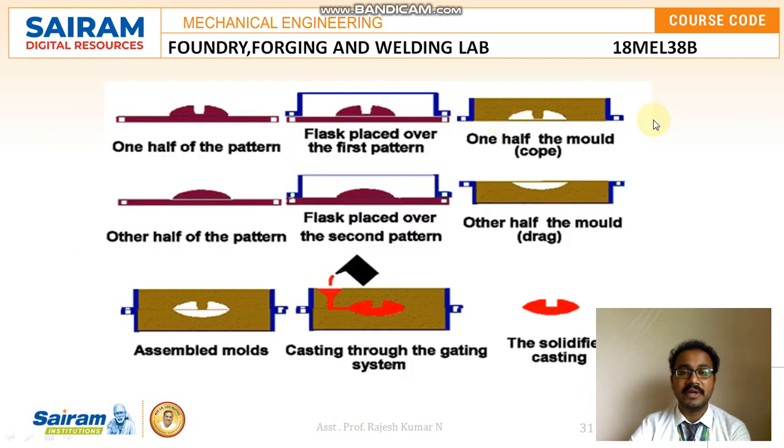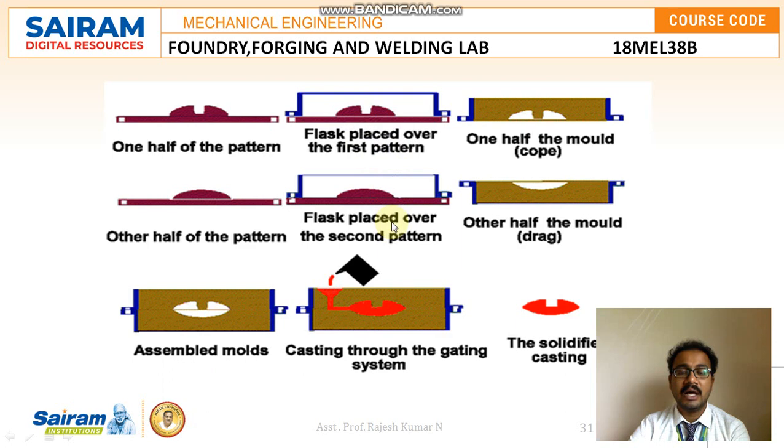The same thing I explained here, I can show once again. This is the pattern I'm looking for. You can see this is one half of the pattern and this is the other half of the pattern. I want to keep the first half and the second half, and finally I'm looking for this kind of shape. First, I'll be placing the flask over the first pattern,